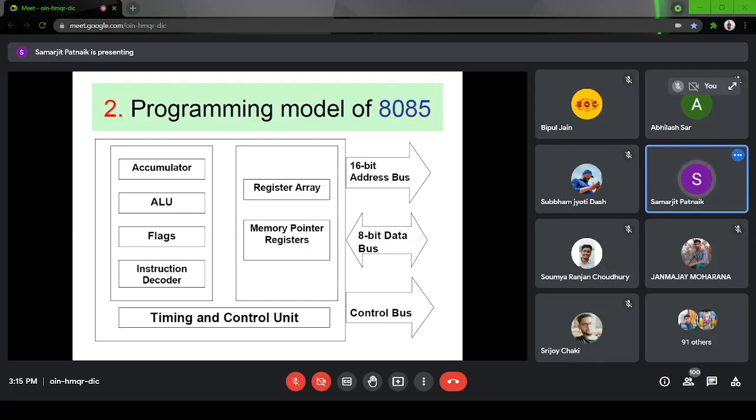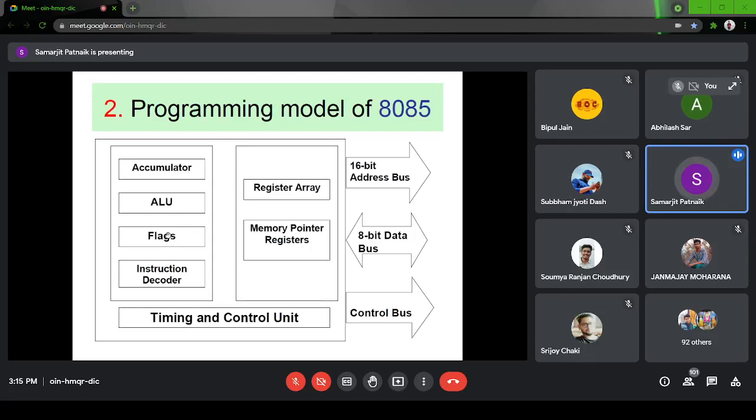All those things are not part of the programming model. But you have to understand this is the programming model. So what is most important? Accumulator. Accumulator is denoted as A. Register array: if you remember, the registers are B, C, D, E, H, L. Memory pointer registers: one is stack pointer, one is instruction pointer, that is, program counter and stack pointer.